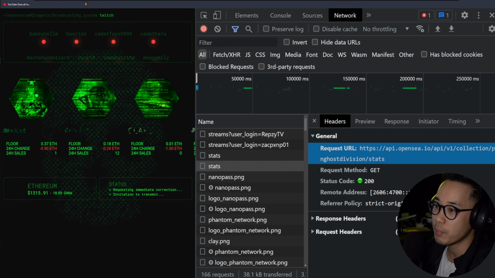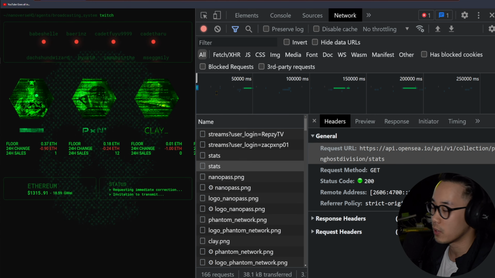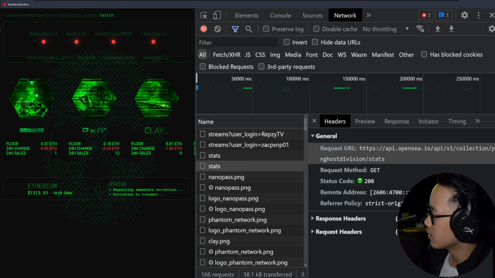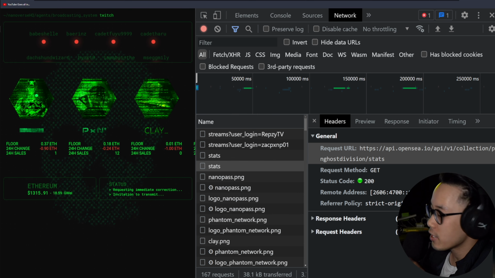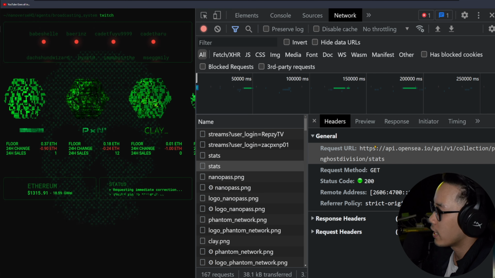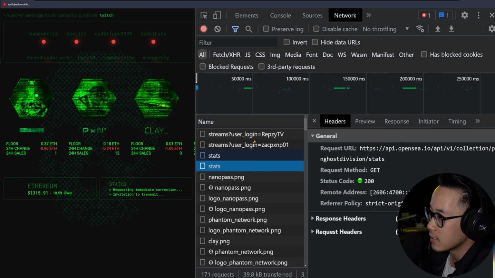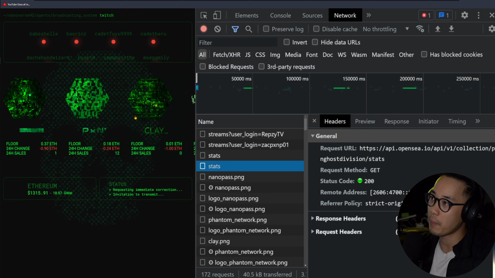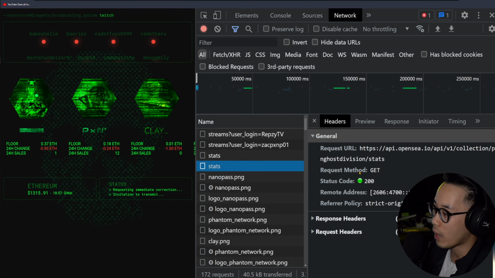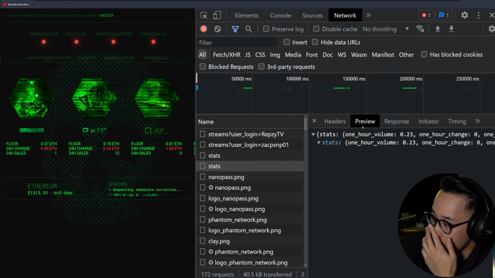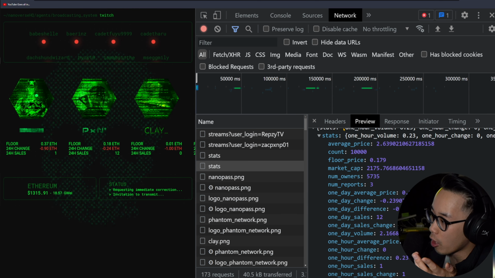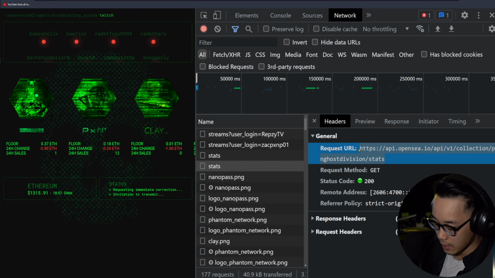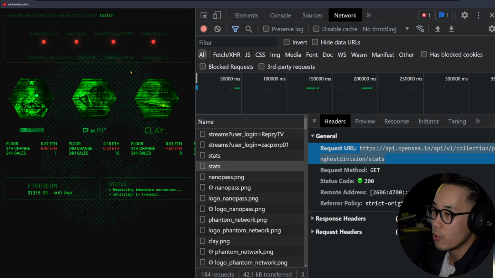Because you see, this page is called Nanoverse Web. Wait, I'll just post it here. This is the web page, and it has nothing to do with OpenSea because it doesn't say OpenSea or NFT or anything like that, right? But now you can see when you research or dig deeper into this web page, you can figure out, oh wow, okay, this data is coming from OpenSea, and then you can check this out, and then you can copy the URL here and just save it, and then you go into your Python code,